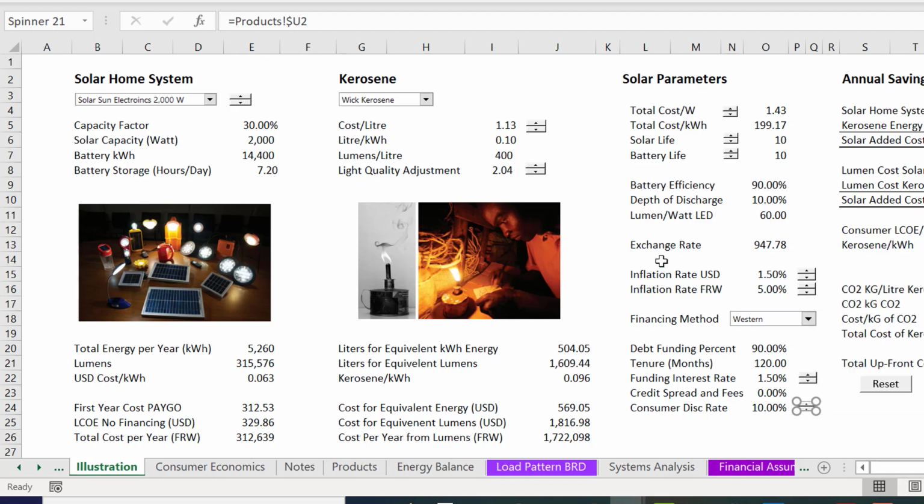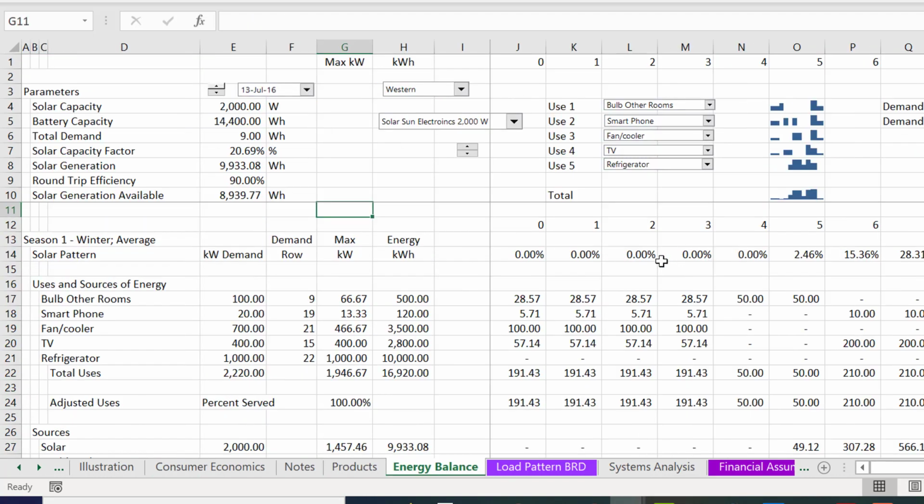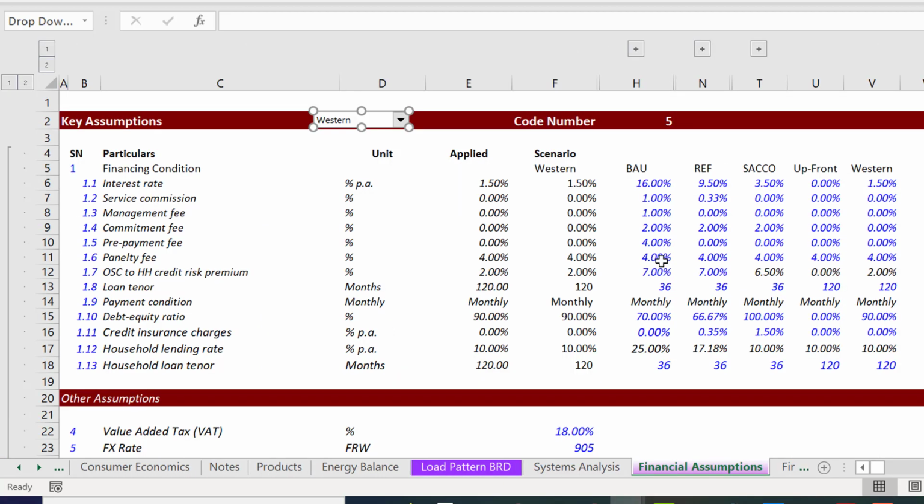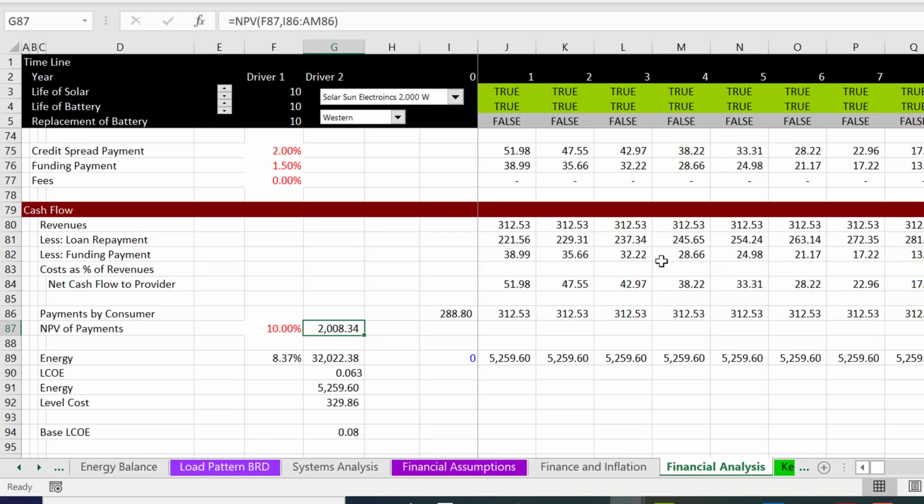And this consumer discount rate, that's the kind of sad thing. What is this consumer discount rate? How high is it really? If it's a lot higher, then you'd just rather pay. You wouldn't want anything capital intensive. You'd rather just pay for that